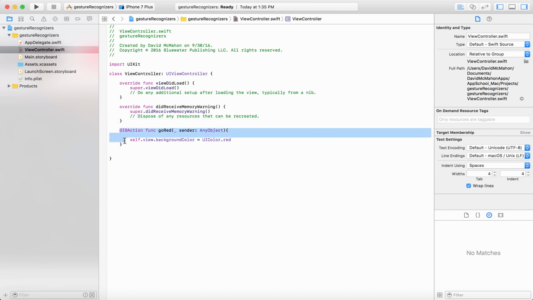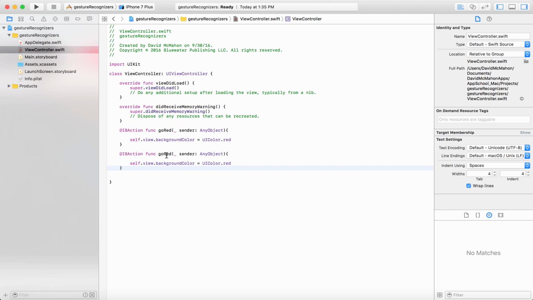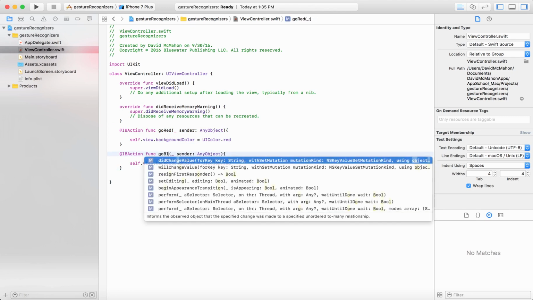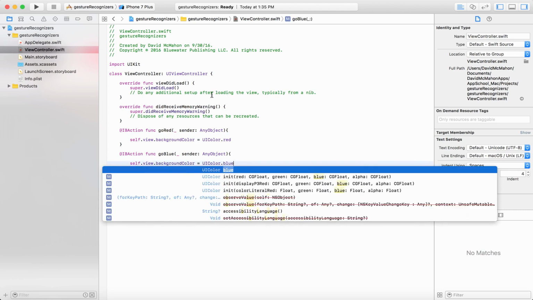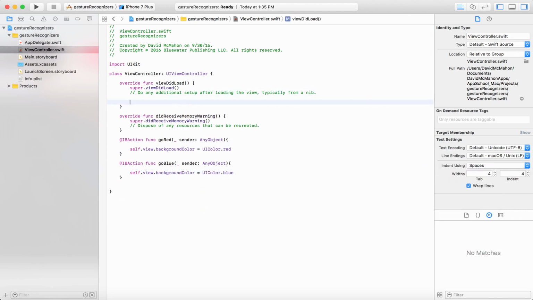And then we're going to have one that changes it to blue. So I'm going to copy and paste and then change the name. And then we're going to change the background color to blue in this one. So now we'll go to our view did load event, and let's see how you add a tap detector in